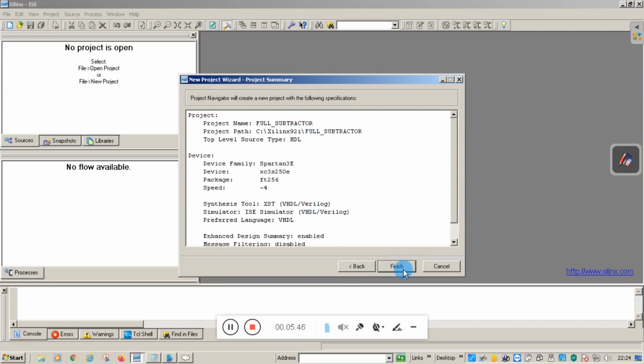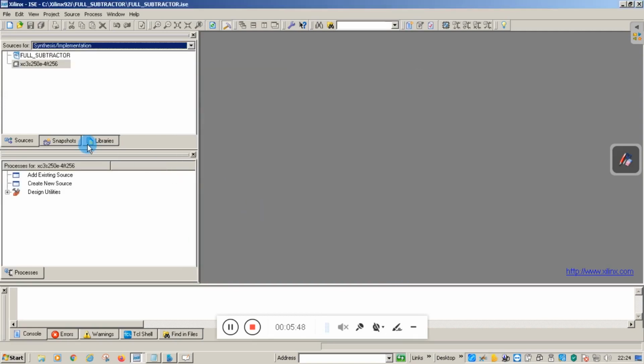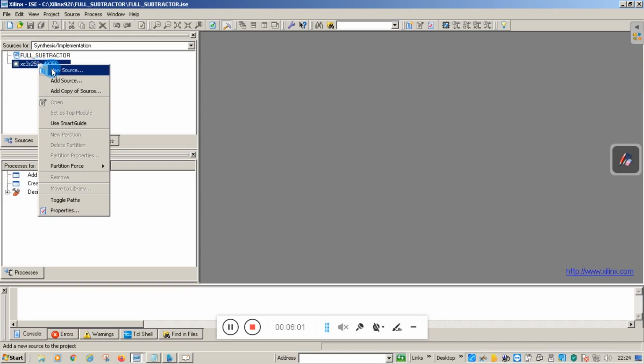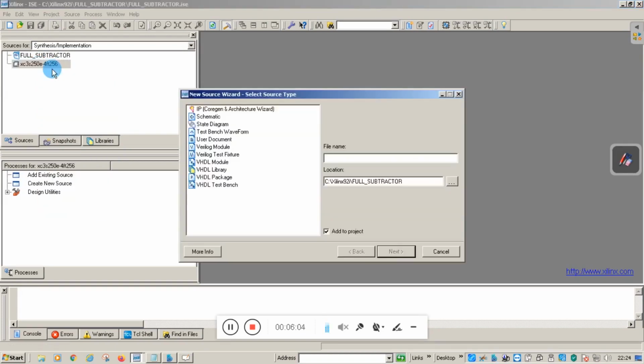Once you click on finish, you will get the option here, that is our FPGA chip. Now this chip you are going to program by using the VHDL language. For that you have to right click and add the file by using New Source.